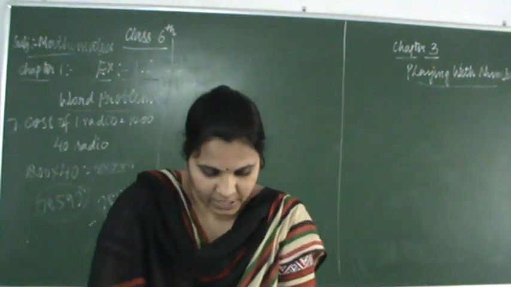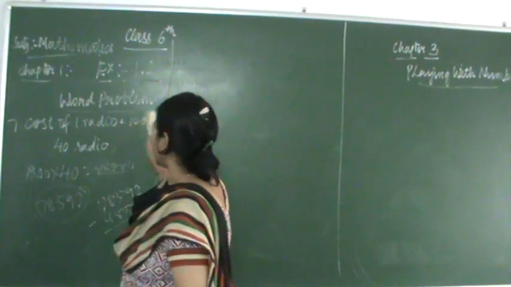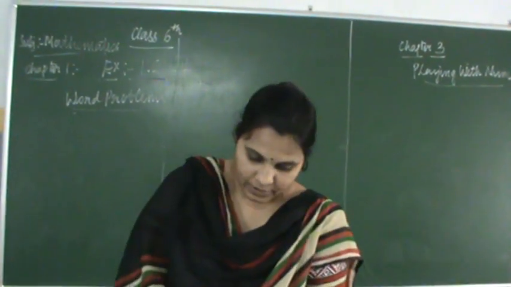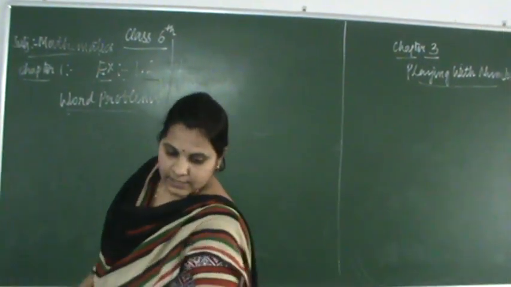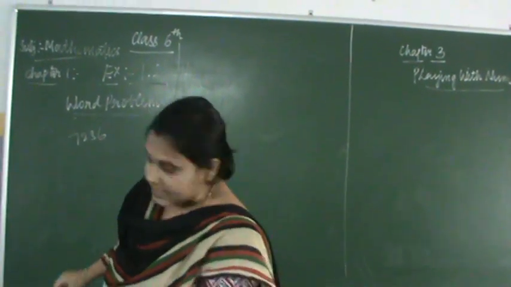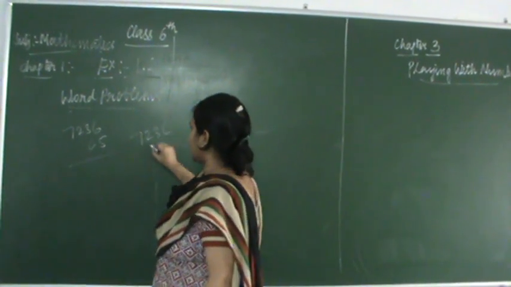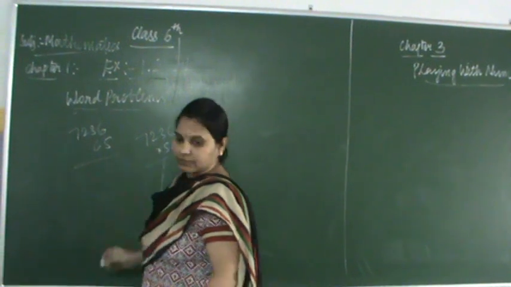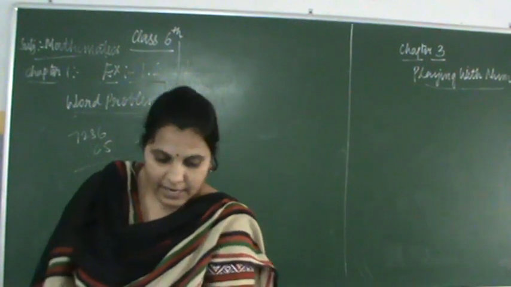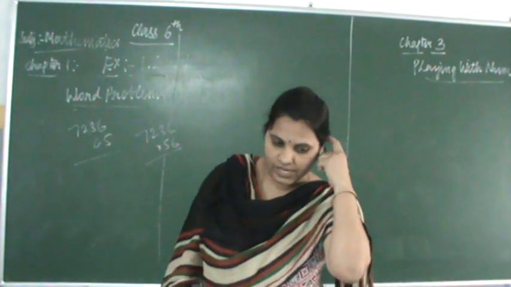Now see the 8th one. A student multiplied 7236 by 65 instead of multiplying by 56. What did the student do, children? Instead of multiplying 7,236 by 56, the student multiplied 7236 by 65. Instead of doing this, the student has done this. So what is he asking now? By how much was his answer greater than the correct answer? So what you have to do, children, here,